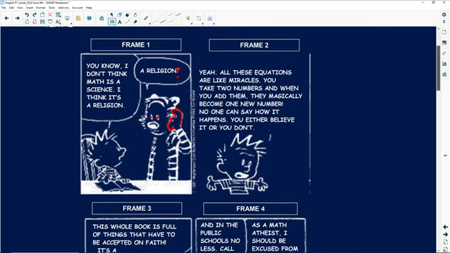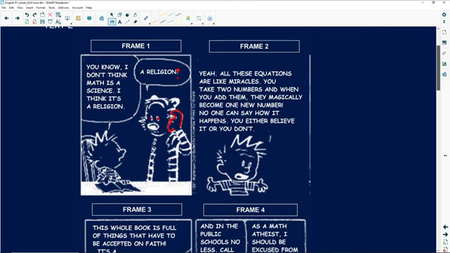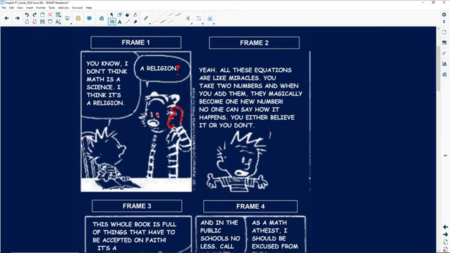It suggests that he is simply not understanding. He's saying, could you repeat that? I don't really get this. But what if this were a jagged speech bubble? What would that do? That would surely suggest that he is,